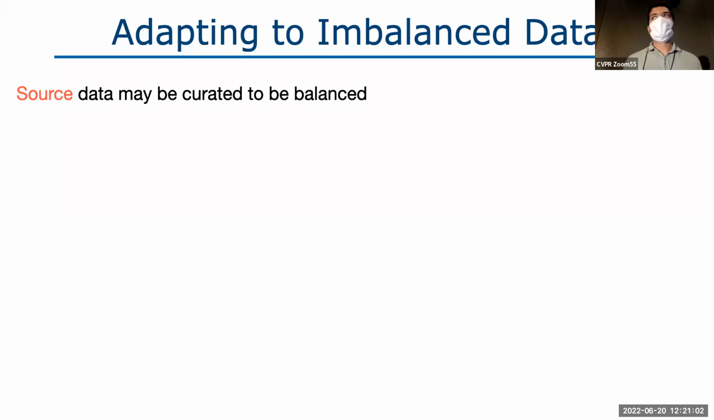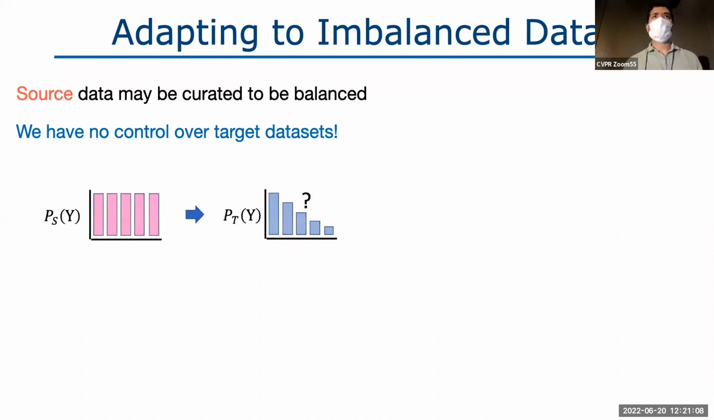So in the real world, as you mentioned, you may be able to curate your source data sets to have a balanced label distribution, but we really don't have any control over the target data set. And in fact, many real image data sets, as shown on the right, tend to have a long